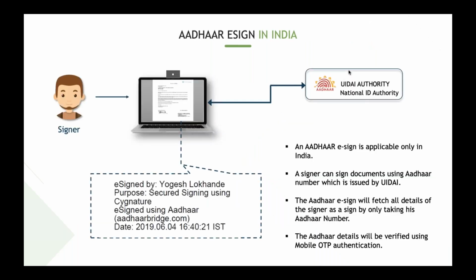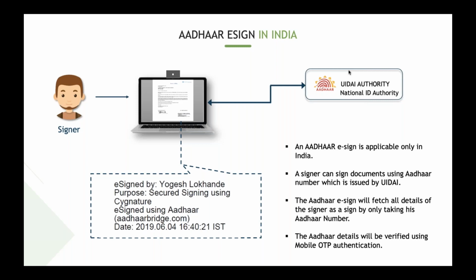Now coming to the main topic of the webinar, which is Aadhaar e-sign in India. So as we discussed, what is the Aadhaar number? Aadhaar number is just a unique 12-digit random number which is issued by the UIDAI to all the residents of India. So basically, you'll have a quick verification using your documents, your residential status, your nationality and other things, and you'll be issued a number which is very unique and will be only for yourself.